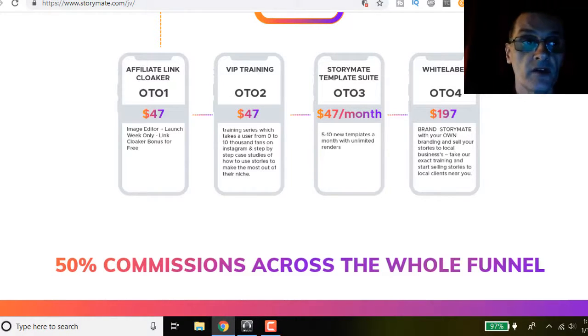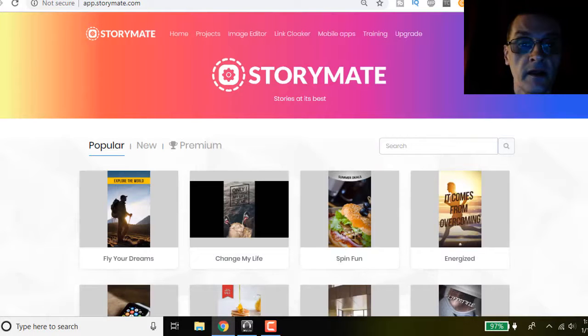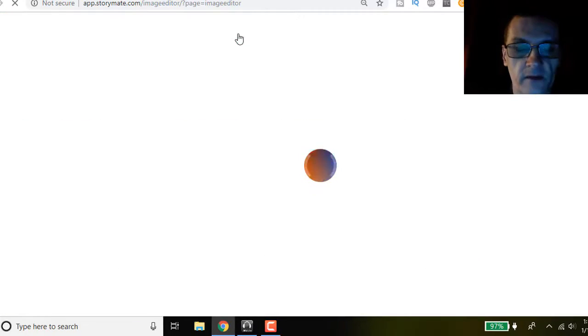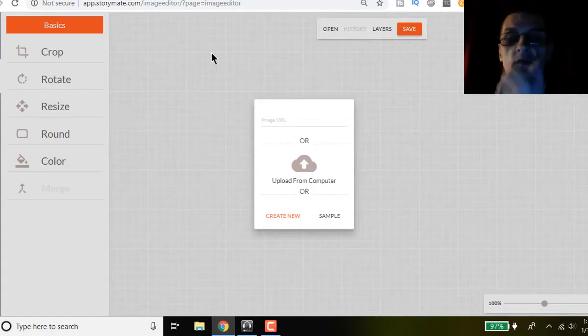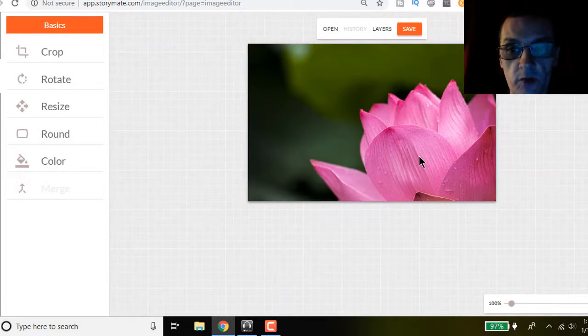Now, we go back into the Storymate members area. The image editor is right here, and this basically allows you to create your own images. I'm not going to do too much with this, but you can add an image from your computer or upload one, or create a brand new one. If you click sample, it's going to give you a sample image to work with. And we can